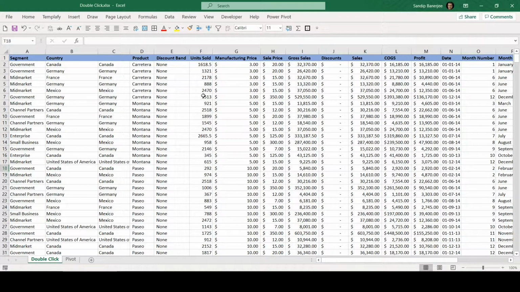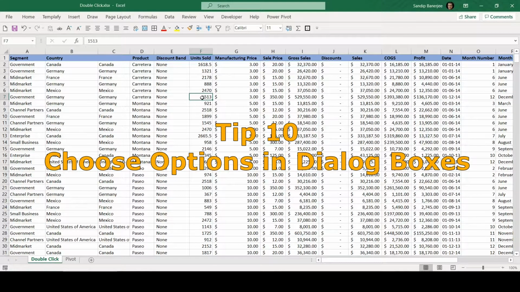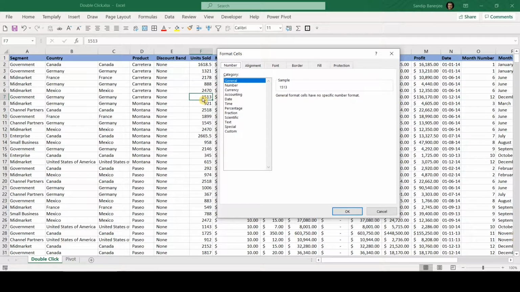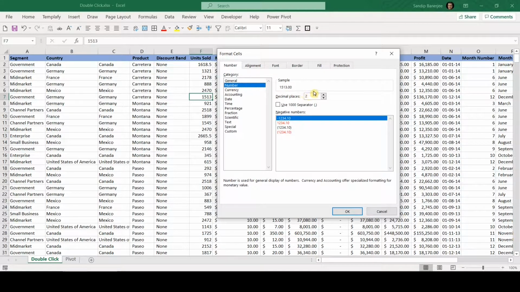Now let me show you another tip using double click. Maybe you wanted to format your data in a different way and you have a dialog box here. What we generally do, we select this category and whatever way you want your data, and after selecting the format, you just click on OK. But you can do another thing.